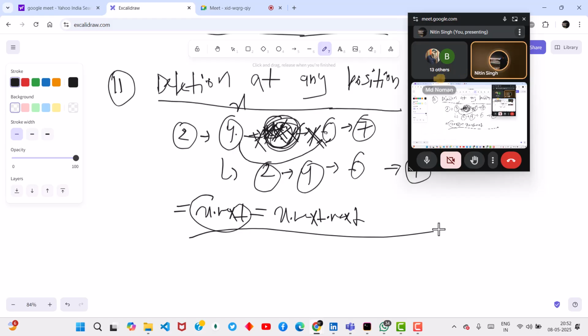But sir, how will I get to know where I have to stop? To delete 5, I'll have to stop myself at 4. Fine. To delete 5, I'll have to stop at 4. To delete 6, I'll have to stop at 5. To delete 7, I have to stop at 6. That means